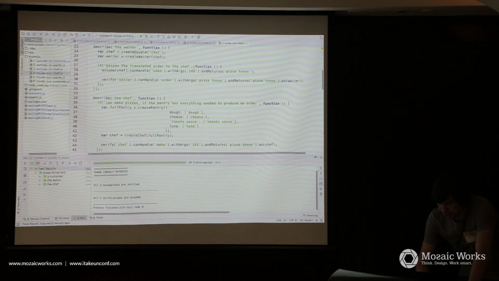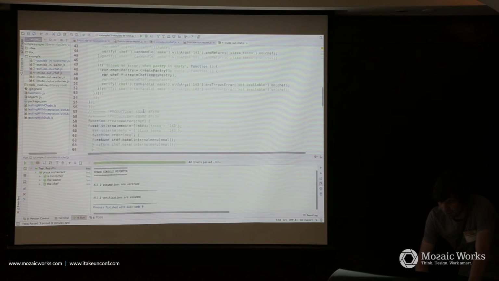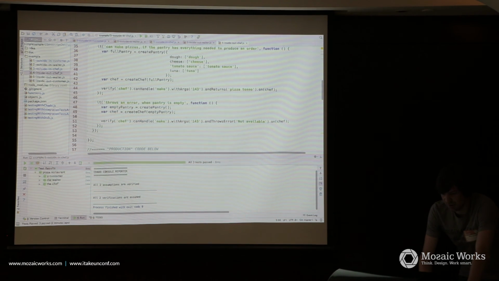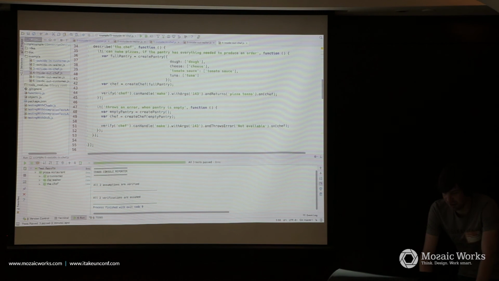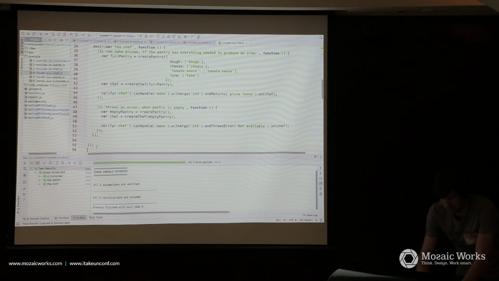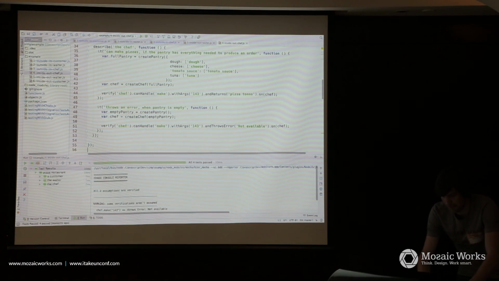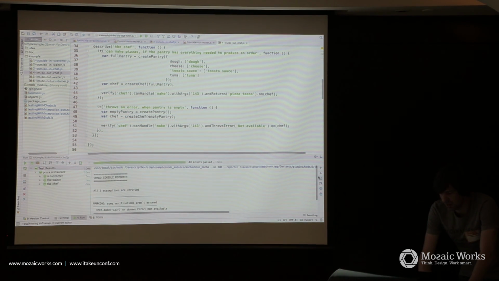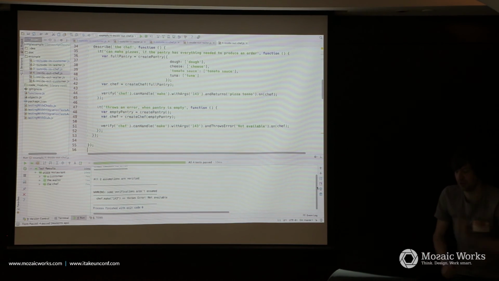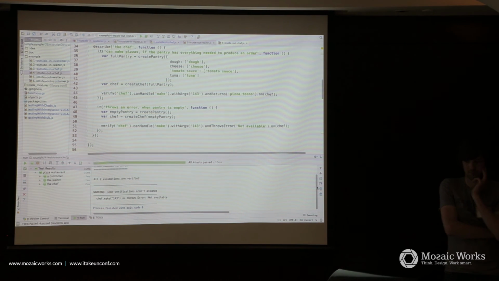So what we are doing is we make a new test where we throw an error, and we take the same arguments as in the successful case, but now we throw an error which says not available, and we let that code run. Now all our assumptions are verified, but we have one verification where the assumption is missing.